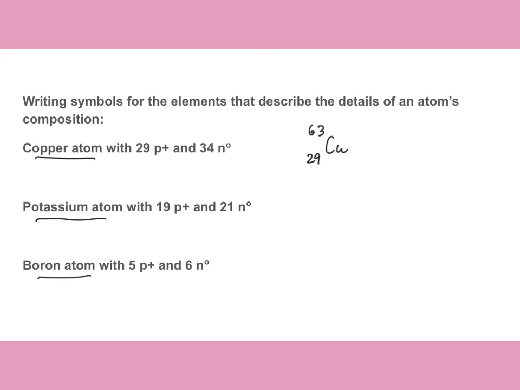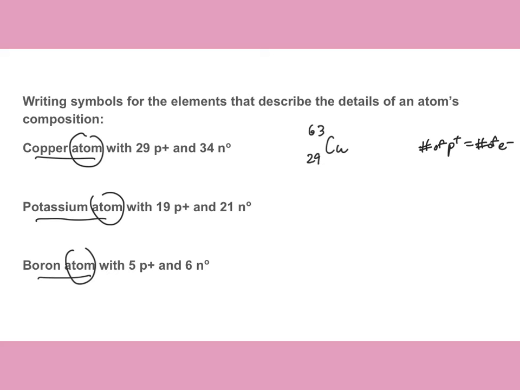So the first example would be Cu for the symbol. The atomic number is 29, and 63 is the mass number. Just a note here, these are all atoms. So in the case of atoms, we assume that the number of protons is equal to the number of electrons